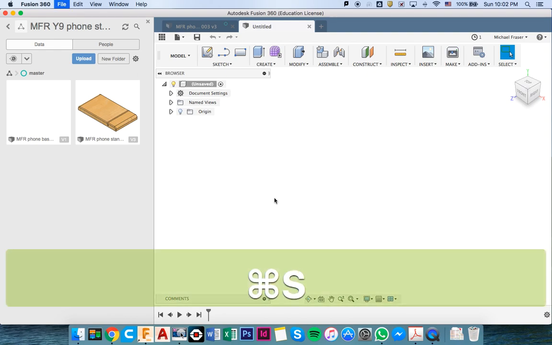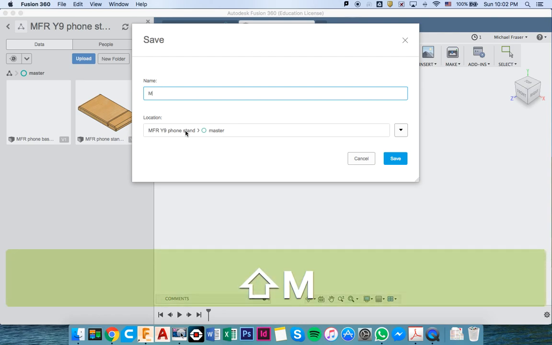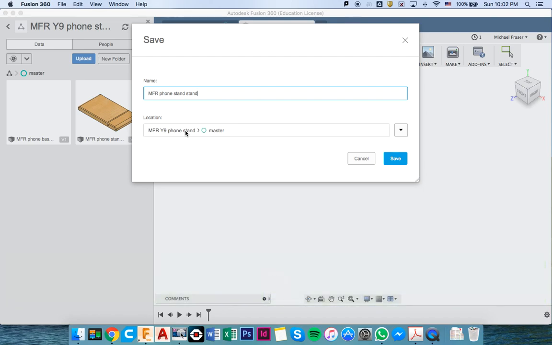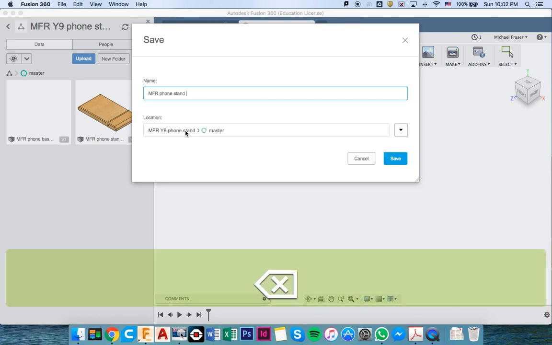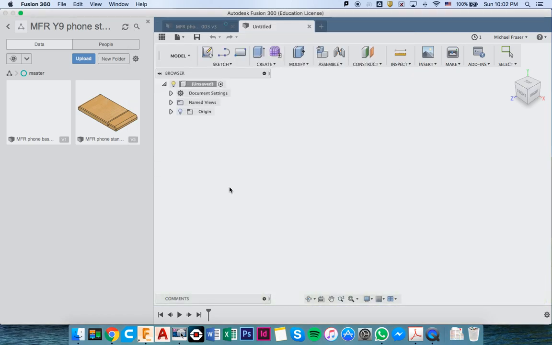And before we start designing again, we're going to save. We're going into the right folder already. Now this is the up stand, so let's just call it stand to make it easy. Oh, that sounds silly, doesn't it? Phone stand stand. Phone stand upright, that'll be better. This is the second, third, fourth time I've drawn it, so 004. And save it. That file will start coming up there, but again we don't need the file, so let's hide